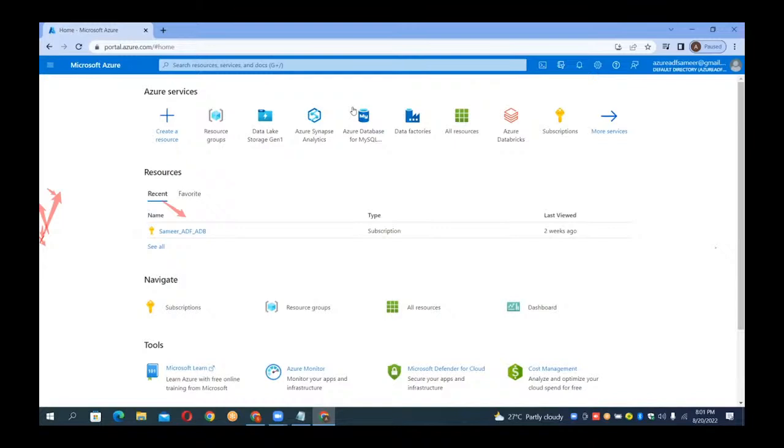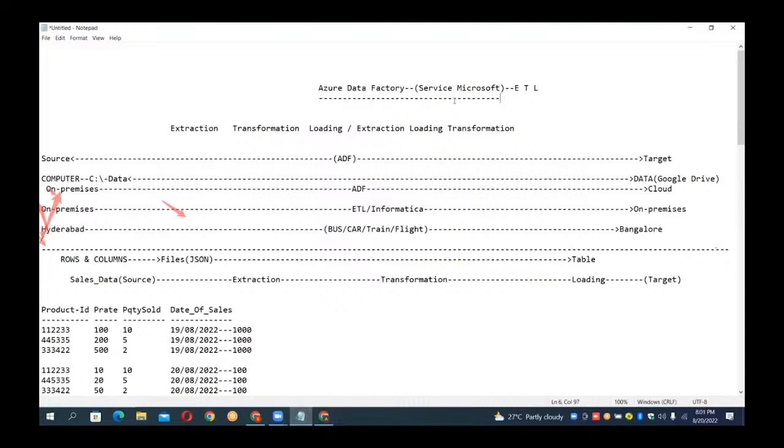ELT is where we extract, load it, then go for the transformations based on the requirement. That is basically developed on artificial intelligence data, basically AI. I'll explain once we get into the subject. Don't worry about that. Apart from Informatica, we are going to use some other tools also, like Ab